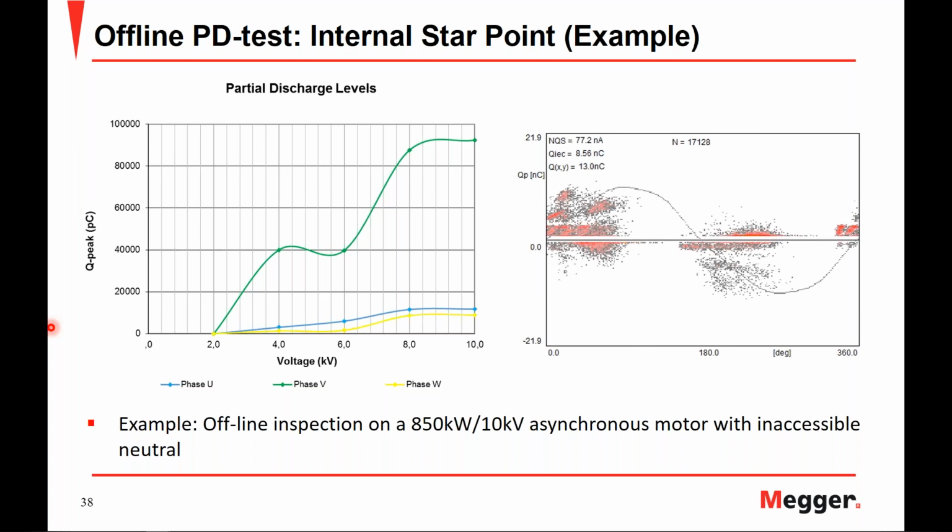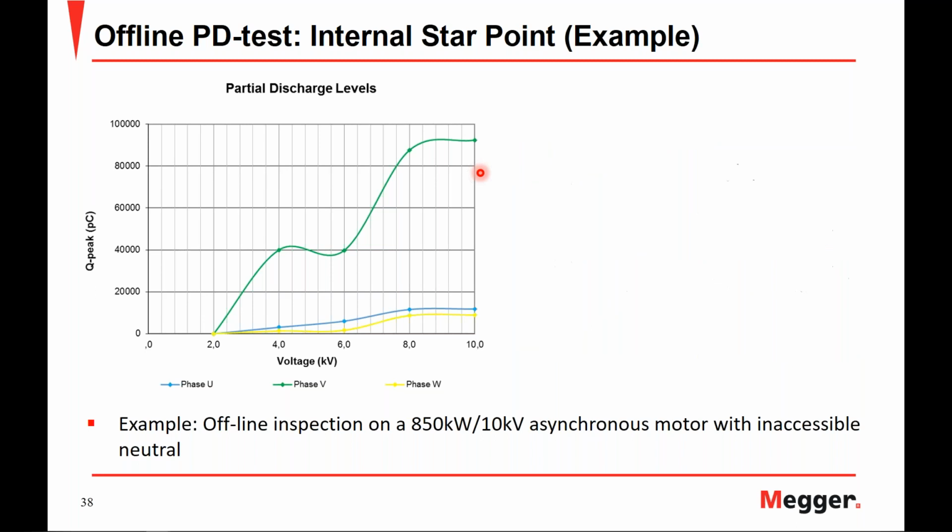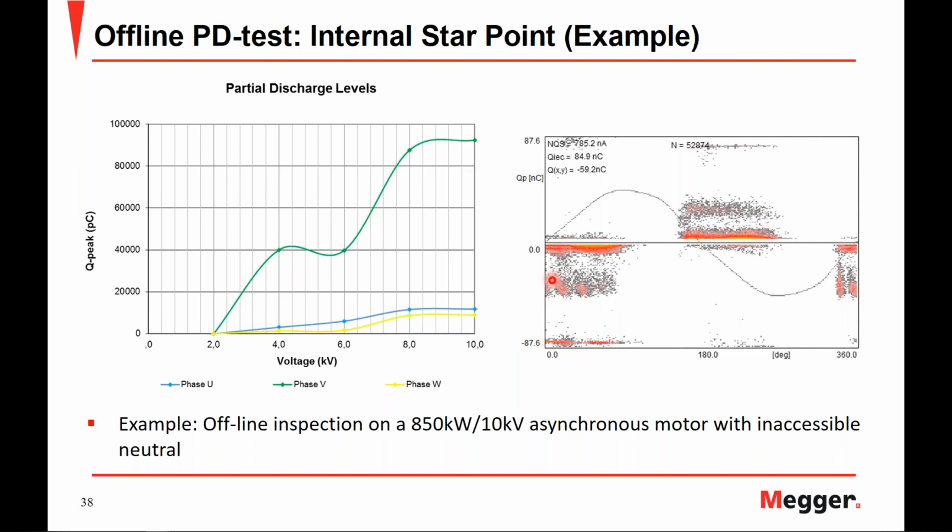So looking at the U phase, we can see signs of floating potential, but looking at the magnitude of the discharge, it's only 8.56 nanocoulomb. As we move to the W phase, we can still see signs of floating potentials, but this is again only 6.29 nanocoulomb. Finally, looking at the middle phase, the V phase, we can definitely see well-defined partial discharge, and